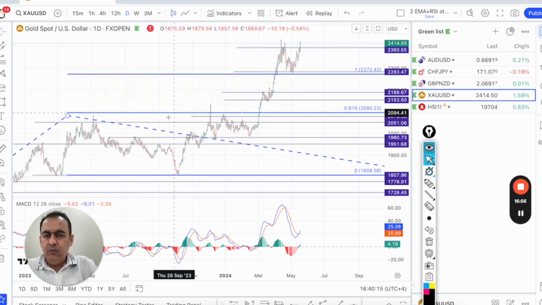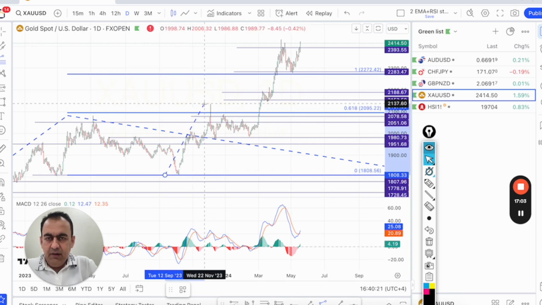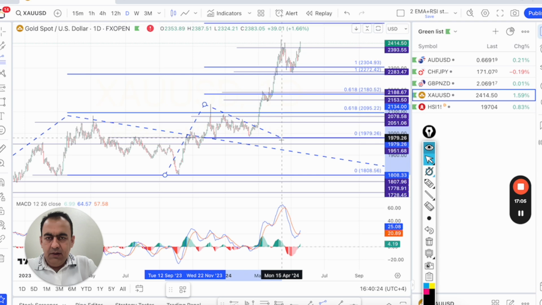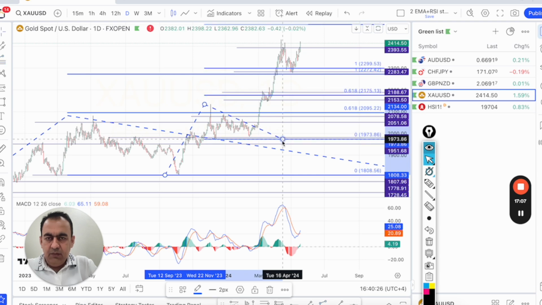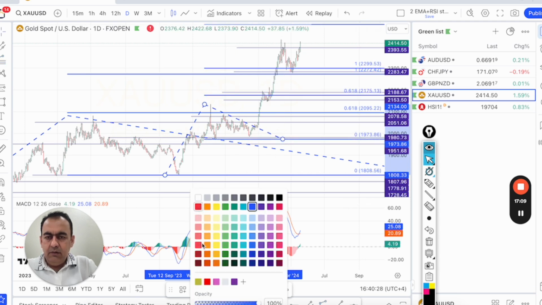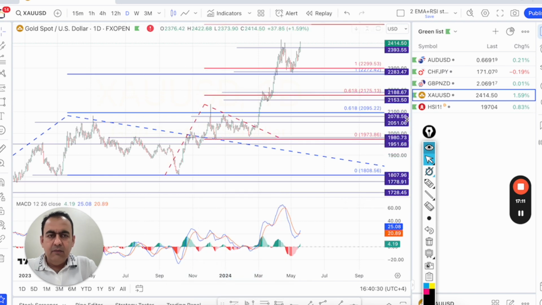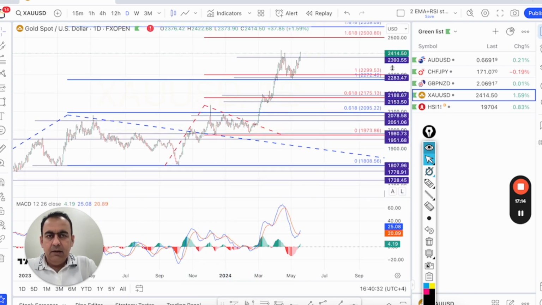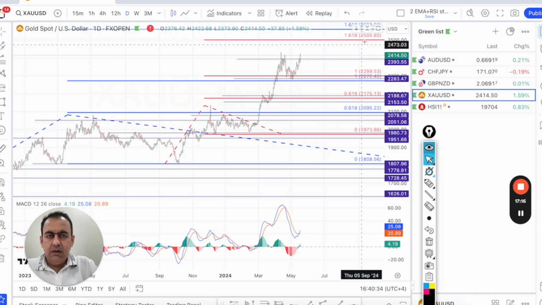Now I'm going to plot one more extension based on daily bullish cycle. I'll start from the daily low, first high and the higher low after the pullback. We just need to use a different color here to identify the daily cycle, and the next main target is